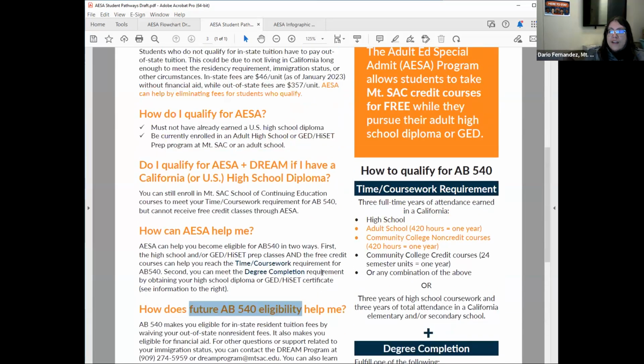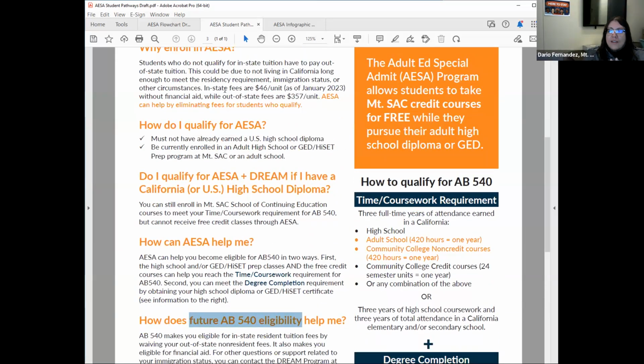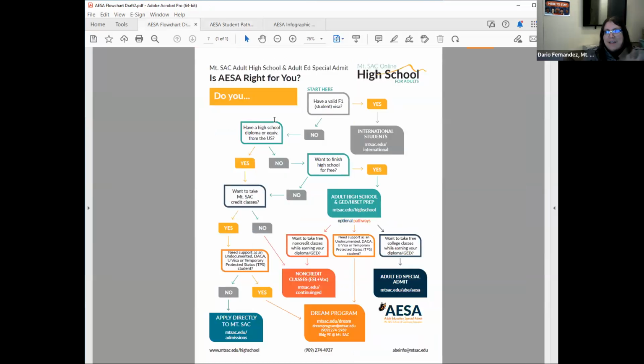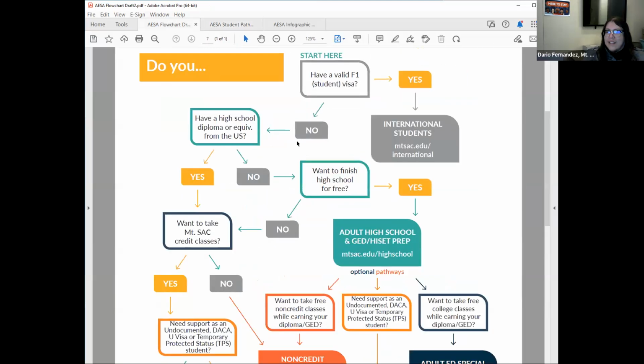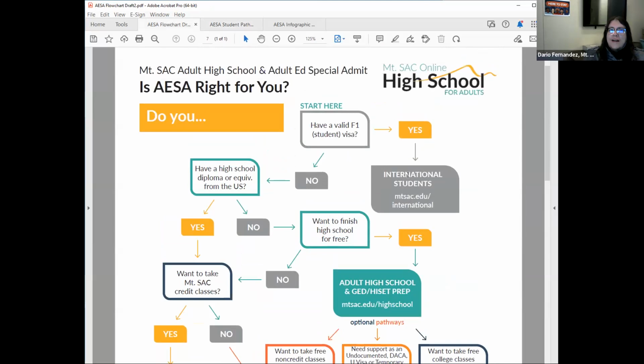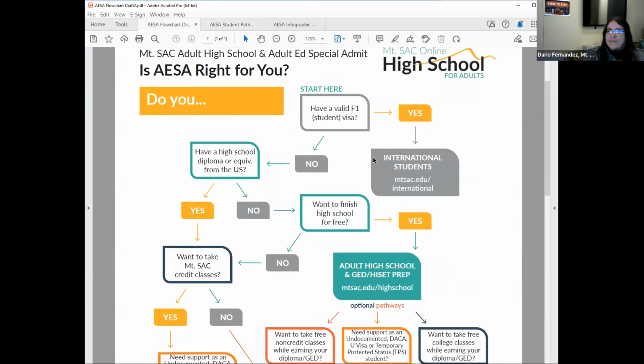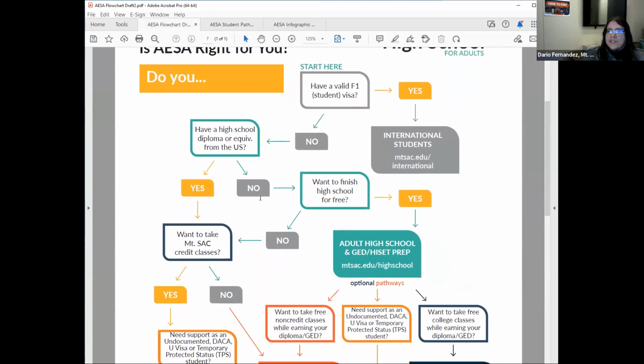And so this was the information, but then many of us were visual. We're like, I need to see this. Like, what happens if we get a student? What's the decision tree? What do we do? Again, this is still very much in draft form, but the idea is that,